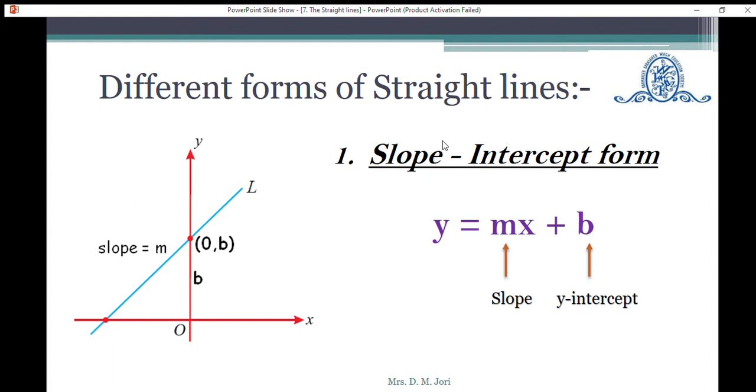Remember that. So slope and y-intercept, if they are known, then by using this formula, y is equal to mx plus b, where b always stands for y-intercept. So m and b are known, we can find equation of that line by using slope intercept form. Then small x and small y is a point. It's the minimum one point which we require to draw a single straight line. That is x comma y point. It must be there on every line, every equation. So this is slope intercept form.